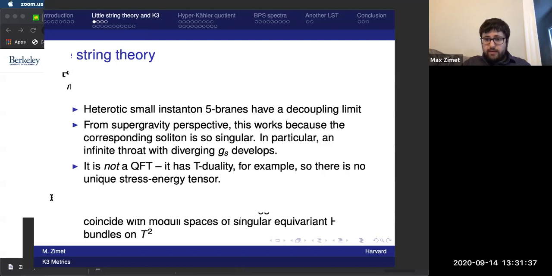Okay, so let me give a bit of background first. Let me first introduce the Coulomb branch approach. The physical context for this approach is what's called a little string theory. So the idea is that heterotic string theory is some 10-dimensional theory. It has an SO(32) gauge group, and so one can consider instantons in that theory. These describe some spatially varying field configuration in 4 of those 10 dimensions.